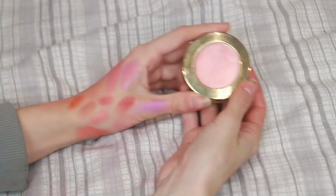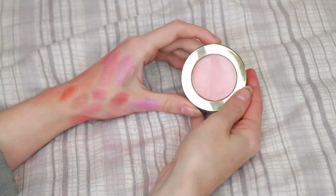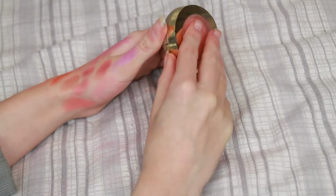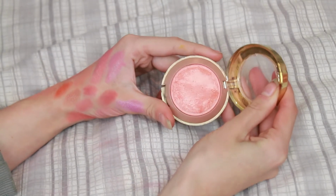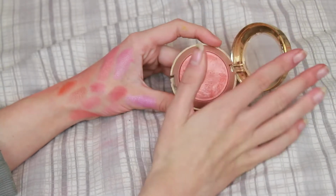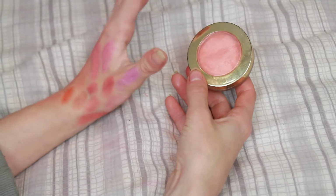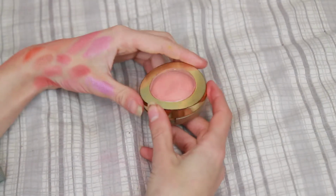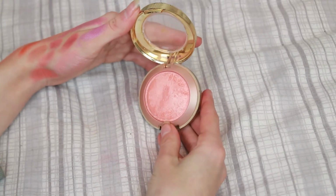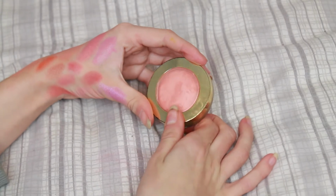If you're looking for a neutral, everyday, slightly shimmery blush, which is gonna last you forever, and that's quite affordable, this is your best friend. Buy this. I would recommend this 100%. But if you like your very vibrant, bright, all out kind of makeup, maybe get a different shade of this formula, because the formula's beautiful. It's just the shade that's